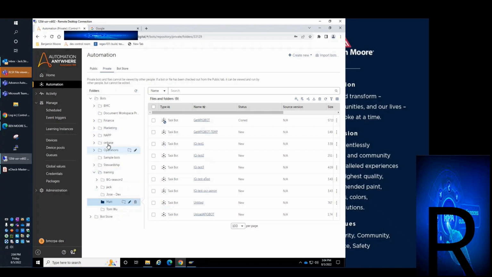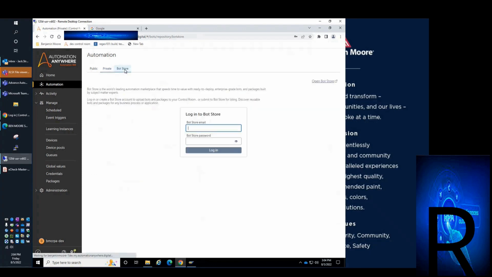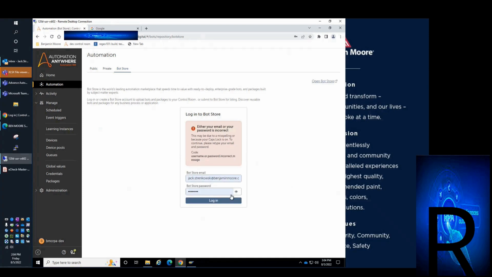And then there is this concept of the bot store. You've got to have an ID to get into the bot store. I think my ID works. Yeah, that's not the right password. But the idea with the bot store is that